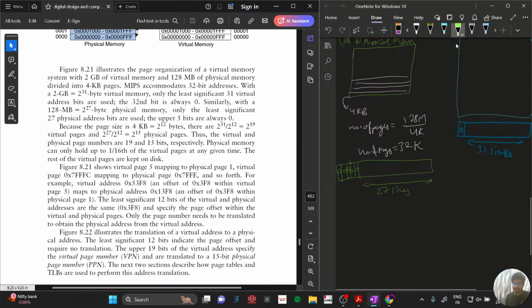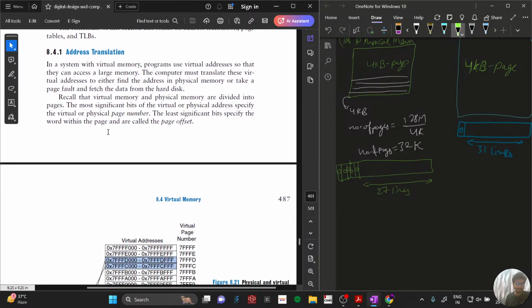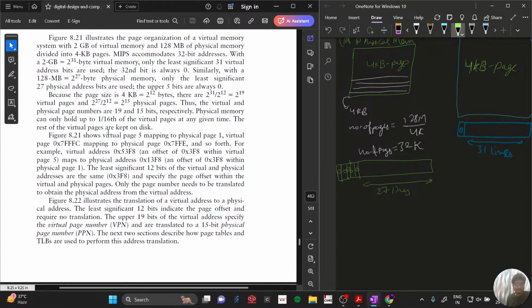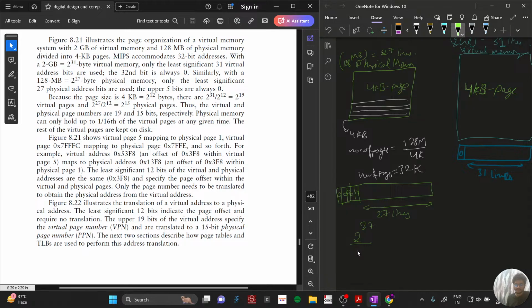So, how many pages are there in physical memory? There are 4 KB pages, right? Each page is 4 KB, and here also a 4 KB page. So does this relation have to be satisfied? The page size has to be the same for both physical and virtual memory. Because the page size is 4 KB, 2 power 12 bytes, there are 2 power 19 virtual pages. So 2 power 27 by 4 KB is,